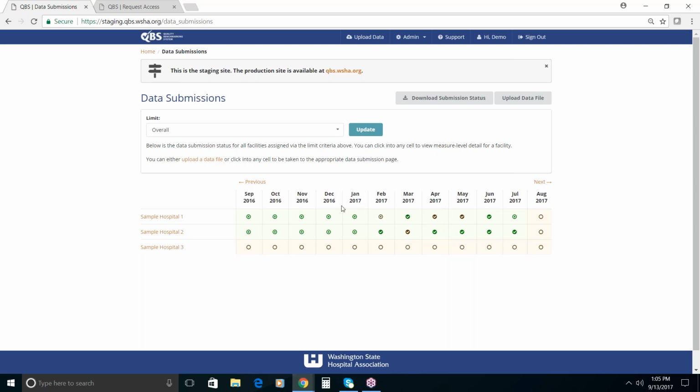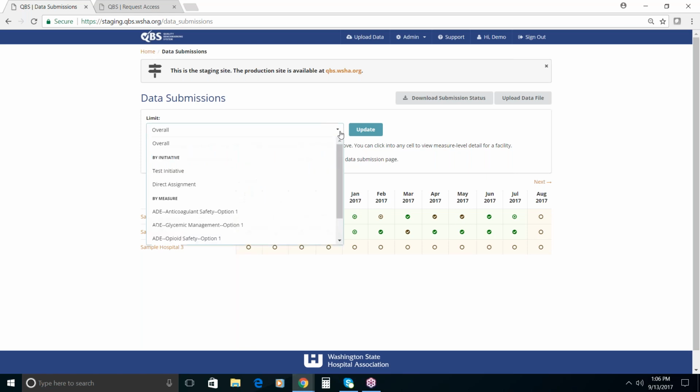And then finally, you see that some of these aren't check marks, they're little sort of bullseyes, which means partially submitted. So of all of the measures we're responsible for this month, we've submitted data for some of them, but not all of them. So you're trying to get that green check mark when you've submitted all of your measures for your hospital for that month. You can also say you only work with HIN data,